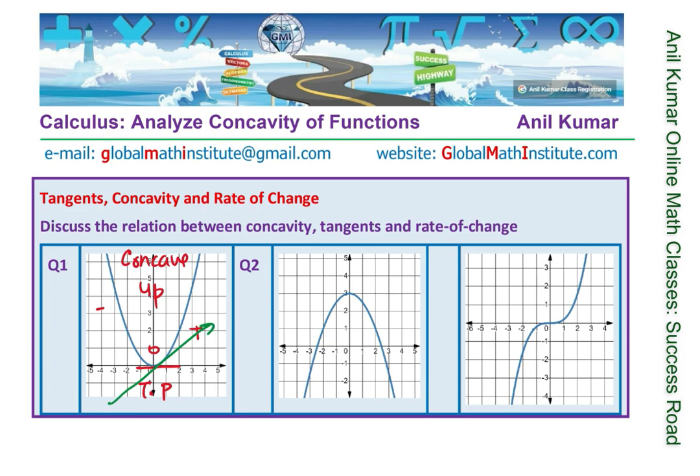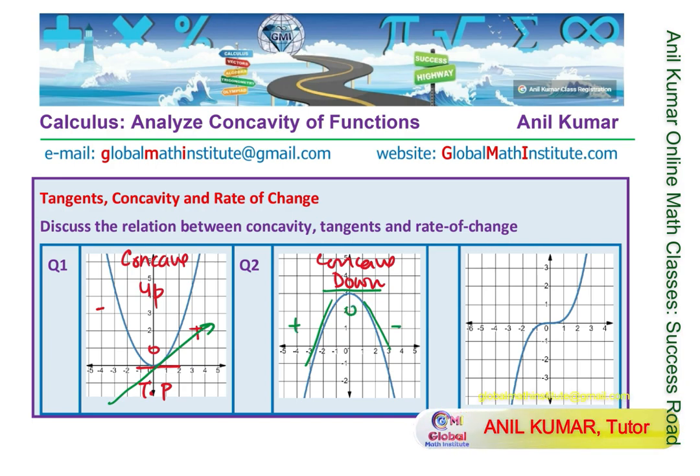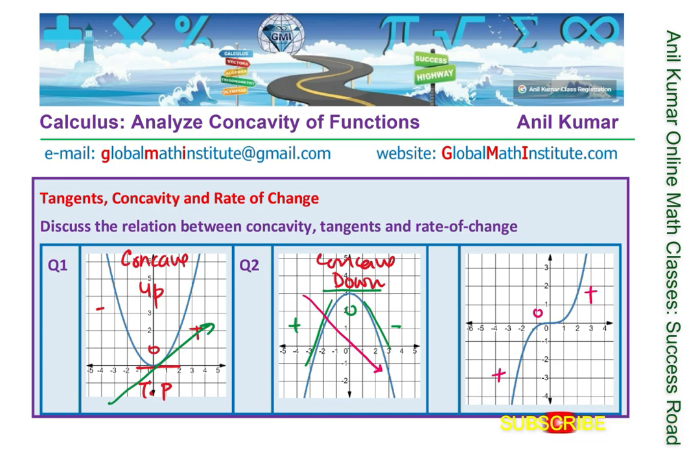When we have the case that it is concave down, in that case, we do notice that the gradient is 0 at the turning point, but the slope changes from positive to 0 to negative. And therefore, the graph in this particular case for the gradient will be going downwards, right? Now here it is a mixture of both. We see that it is positive here, it is 0 and then again positive. So when the concavity changes, right,